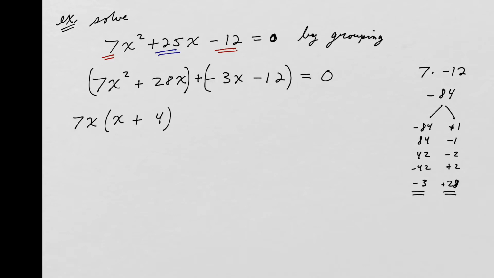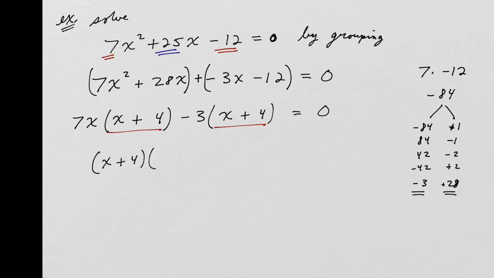And then ideally, I like to factor something out of the second group so that I'm left with x plus 4. And actually, in this case, if I factor out a negative 3, then I'm left with x, because negative 3 times x gives me negative 3x, and then plus 4, because negative 3 times 4 gives me my negative 12. That's great. The whole goal is to try and get these to match, right? To get the same thing. Why? Because now they're common to both terms, so you can factor the entire x plus 4 out front. I can bring it out front,